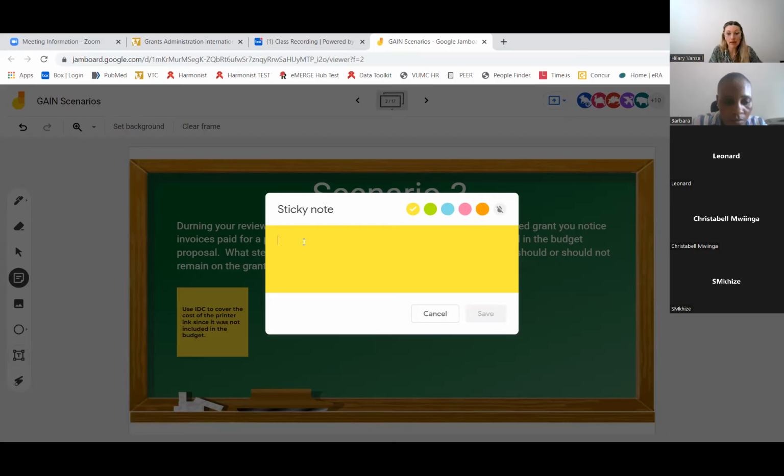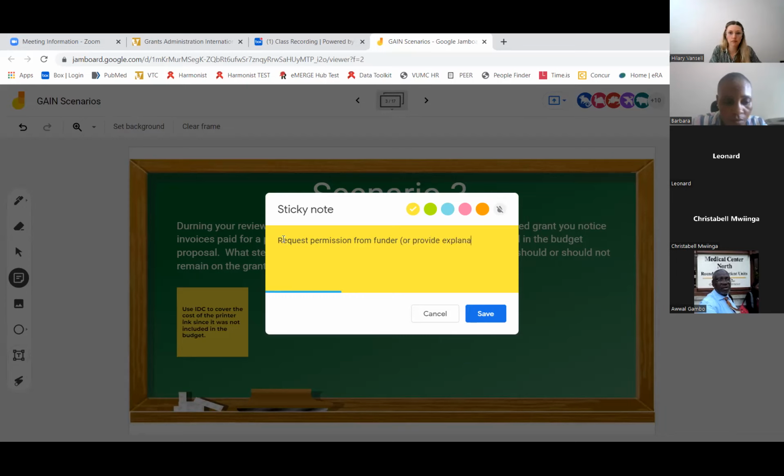That's a great idea. Because it might be that the printer is being used directly for the project. Maybe you're printing case report forms, ICF forms. Yeah, exactly. What if you're printing forms and it's only for that study specifically? In which case, maybe a portion of the cost can be used. That's a great idea. Yeah. Well, yeah. What if